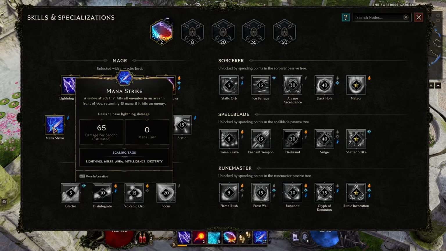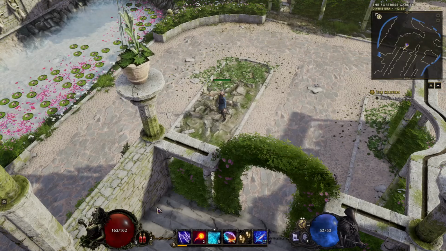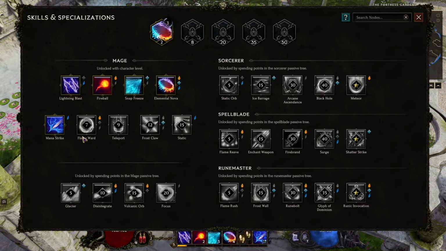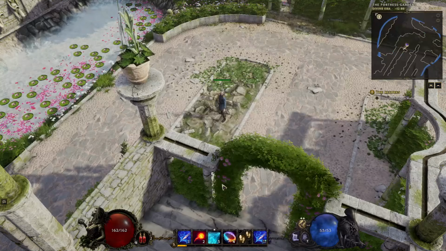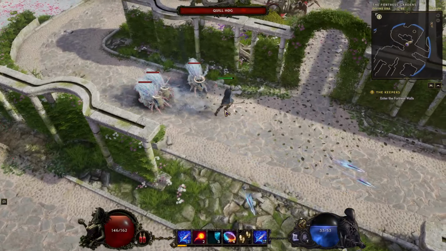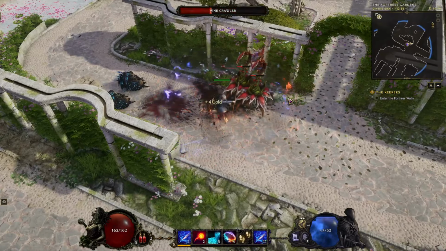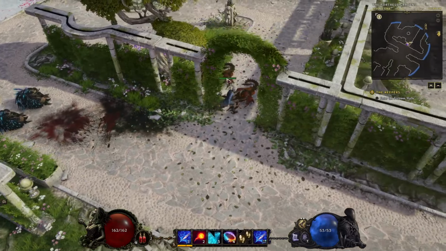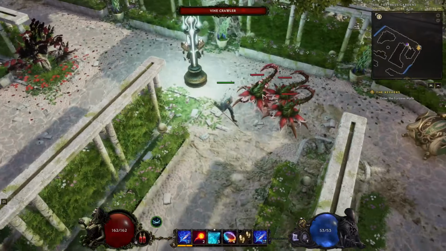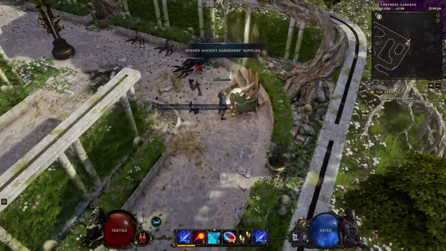Mana Strike. All monsters in front of you. Okay, I can try that really quickly. Do I have a passive point? Oh, I do have a passive point. Let's go Elementalist then. And I haven't been using Lightning Strike, so let's get that in there. Okay. Ooh, that does a lot of damage, but still like Nova more. Yeah, this Mana Strike doesn't increase stun chance and duration. Nice. Yeah, it does seem to...